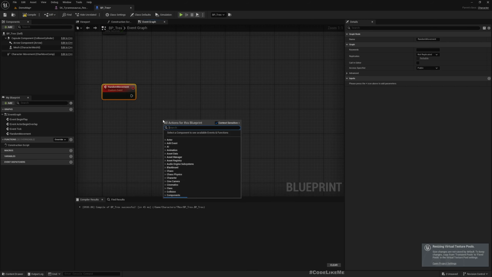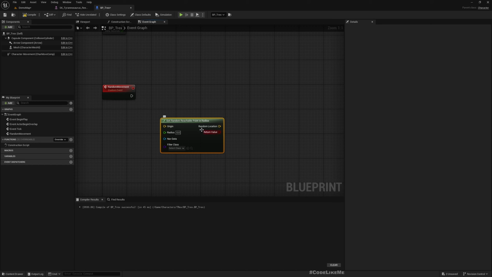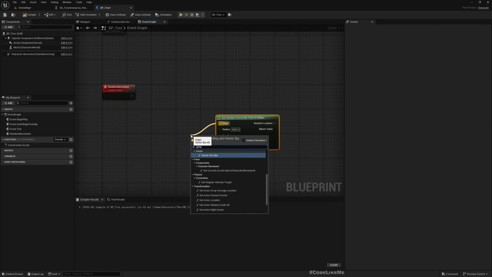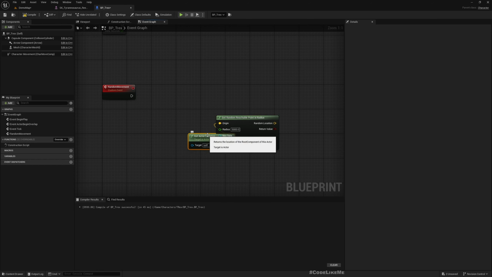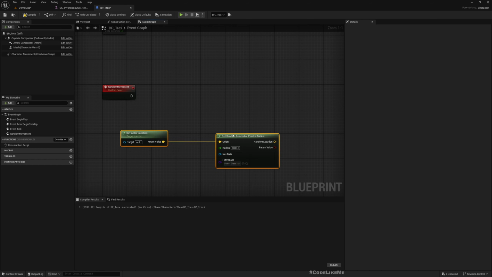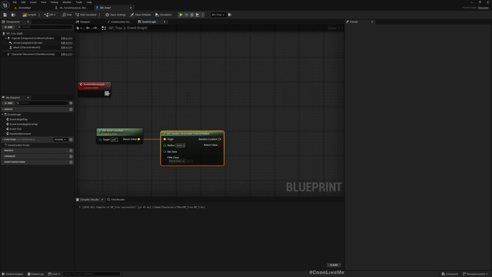So random movement. Let's get reachable point in radius. And radius, let's try 5000 as the origin. Get that location. Then